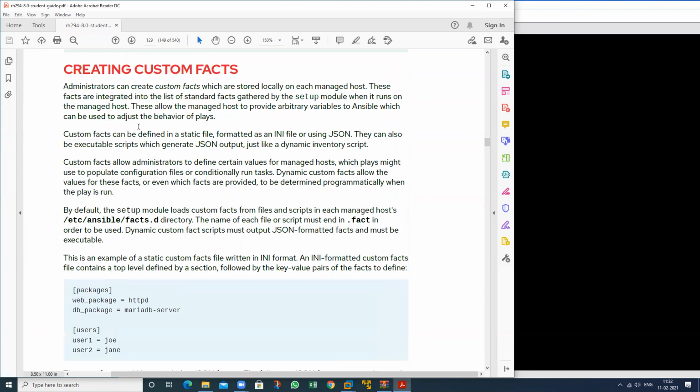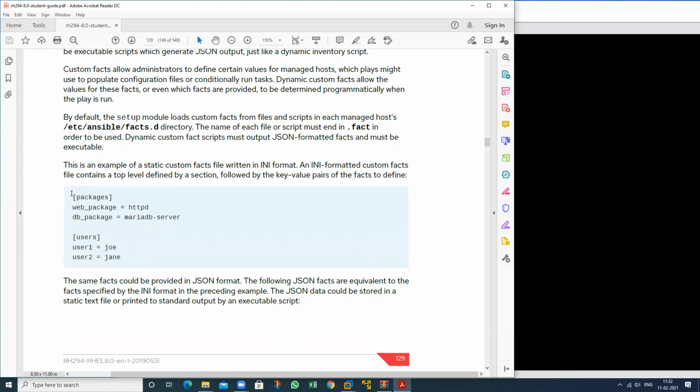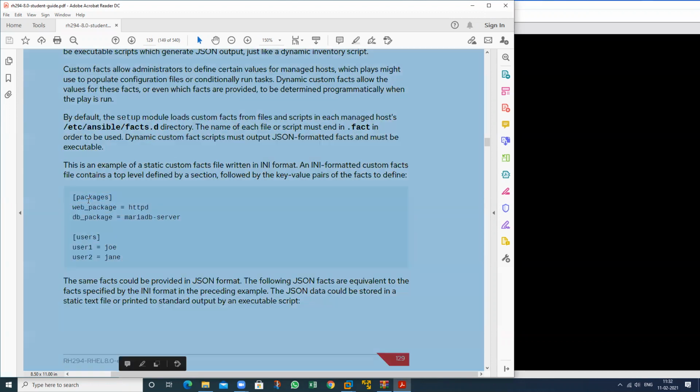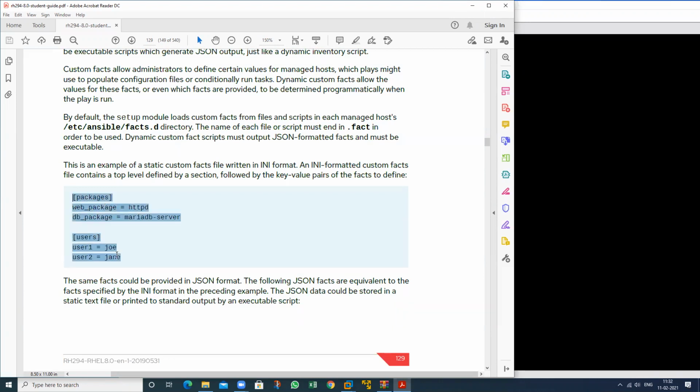And we can also use custom facts. What type of fact can we create? Custom facts. Suppose I want to place a value according to my own choice. On the managed host, these are the facts that I have defined on that particular machine, so we can also capture these facts. These are not predefined. These are manually defined on which machine? The managed host machine.